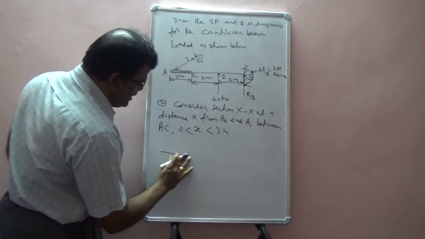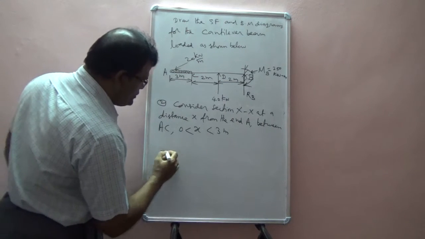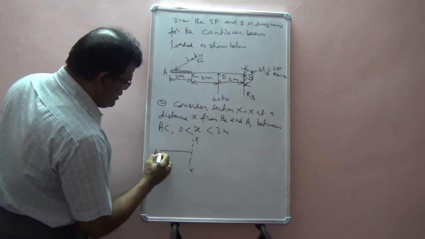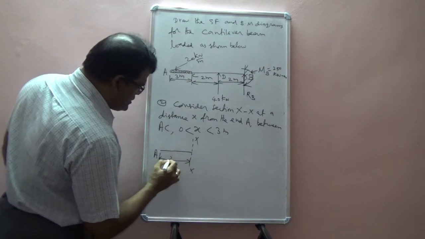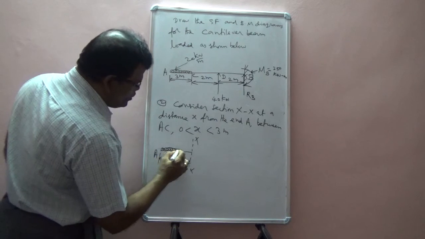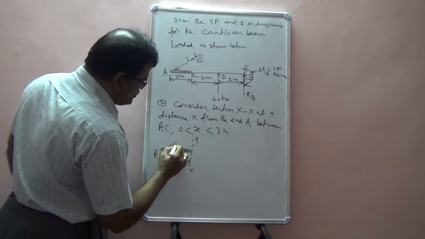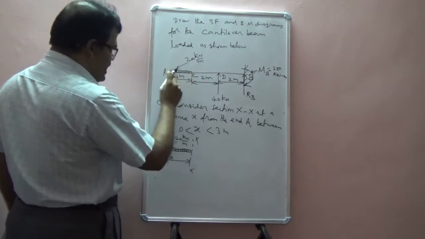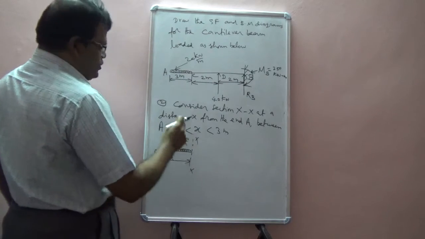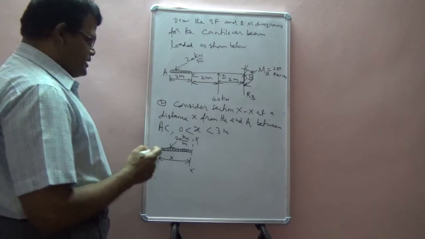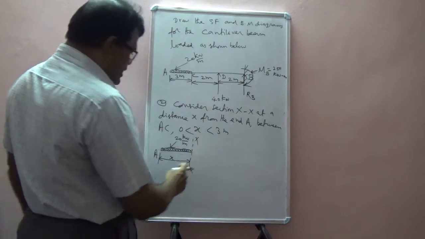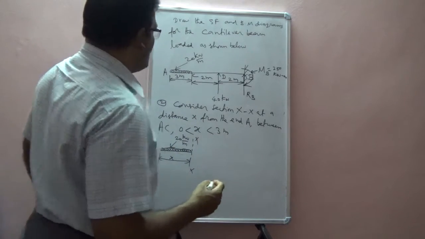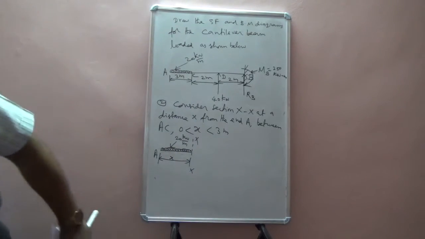This is the beam. This is the section XX, this is point A. From point A it is at a distance X. From point A it has a uniformly distributed load, magnitude 20 kilonewton per meter. Okay, so same diagram, point A is there, and this is the uniformly distributed load. Now before calculating the bending moment and the shear force, you have to follow the sign convention. So I will draw the sign convention.